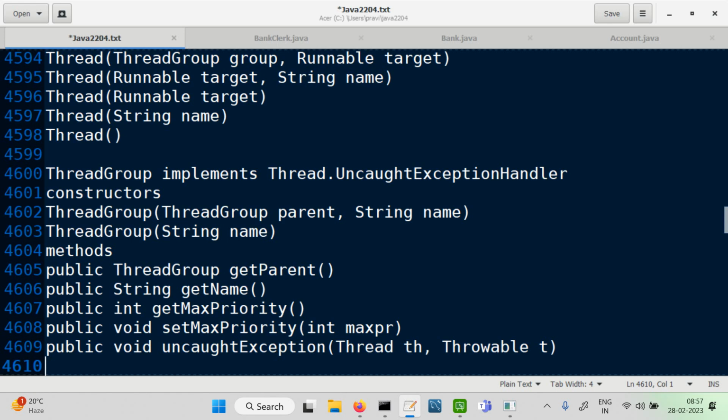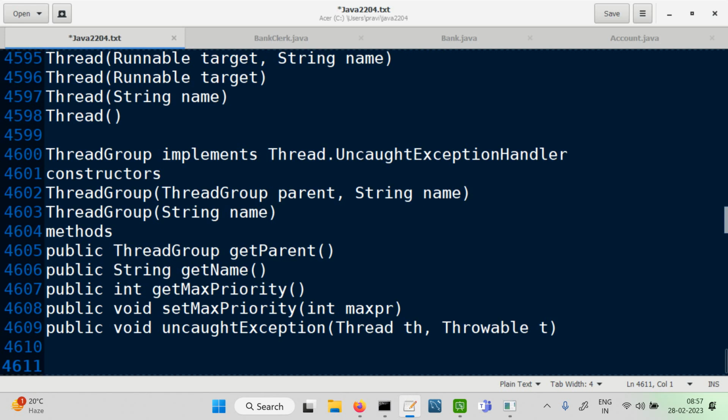Prior to Java 5, we didn't have this interface. We had this method here. If you wanted to customize it, we had to create our own subclass of the thread group and override the method, and it would become applicable only to the threads created under that new subclass of the thread group. So it was a very cumbersome method. Fine. So in the thread class,